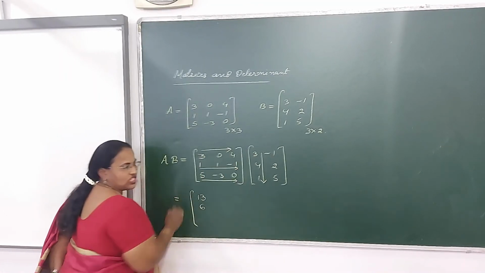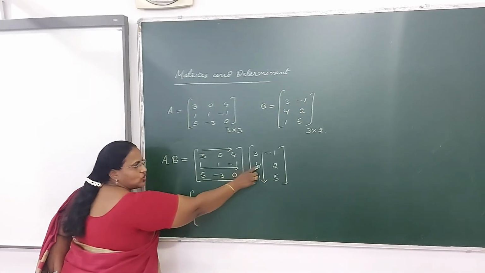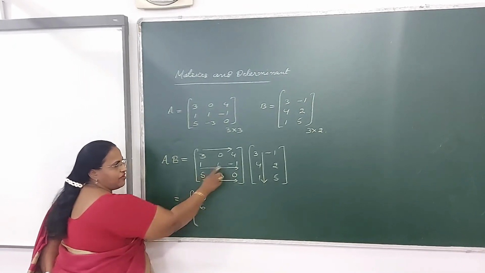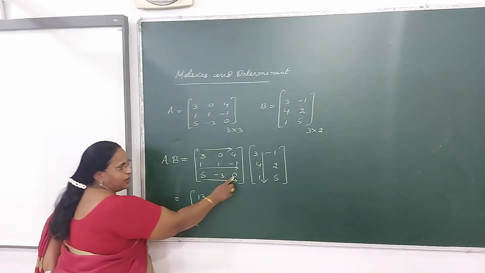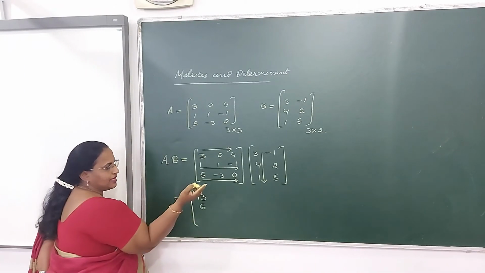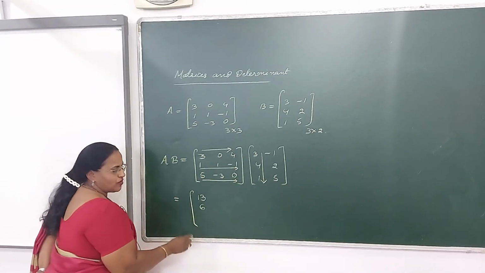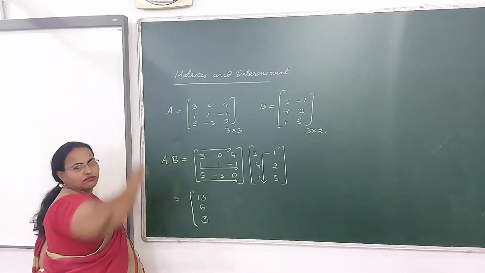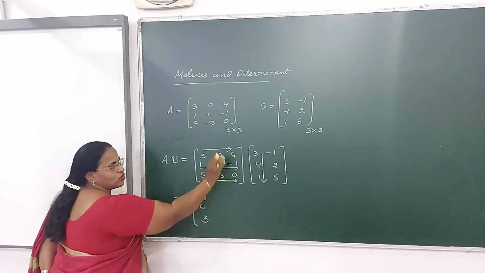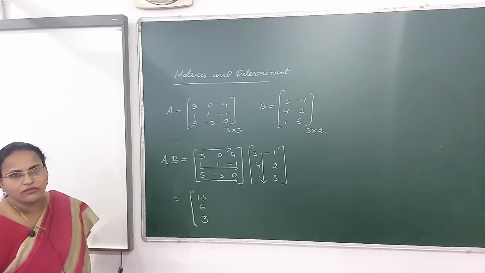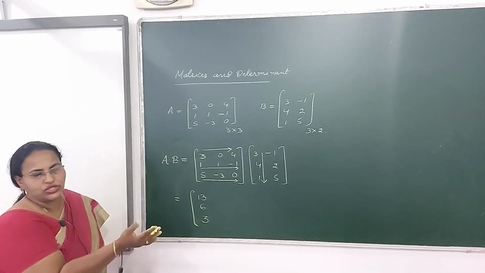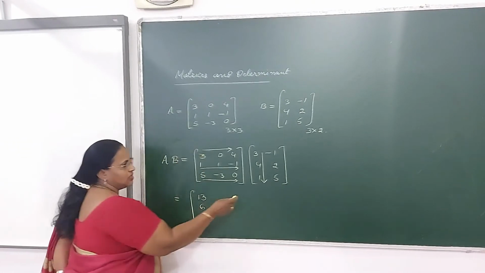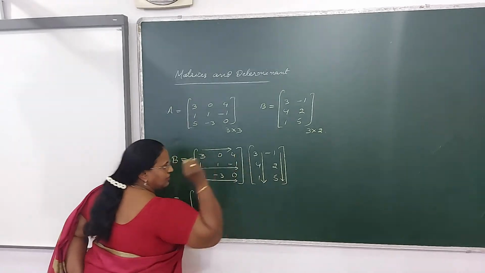5 3s are 15 minus 12. 5 into 3 is 15, minus 12, plus 0. So it comes 15 minus 12 is 3. So all the 3 rows we have multiplied with the first column. So now the first column is complete. Now the same procedure will apply with the second column. So okay, let us place an arrow here.